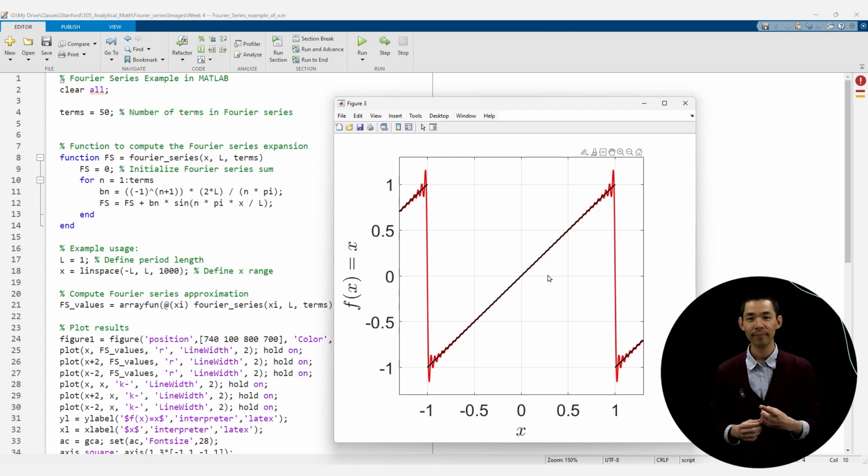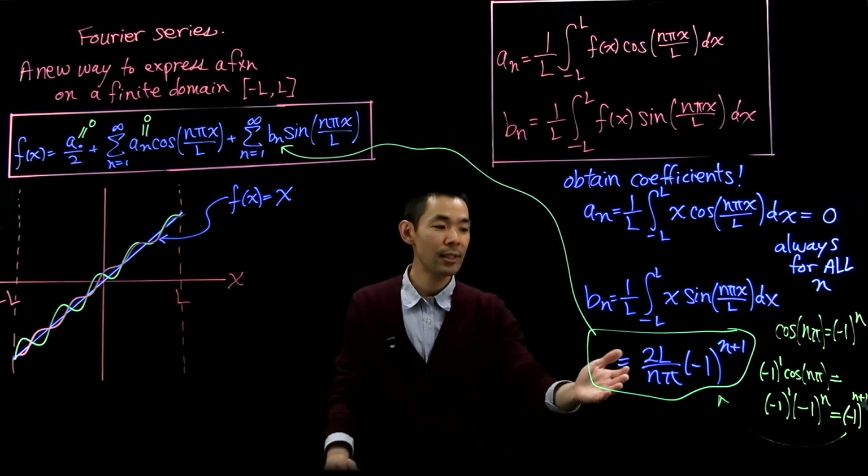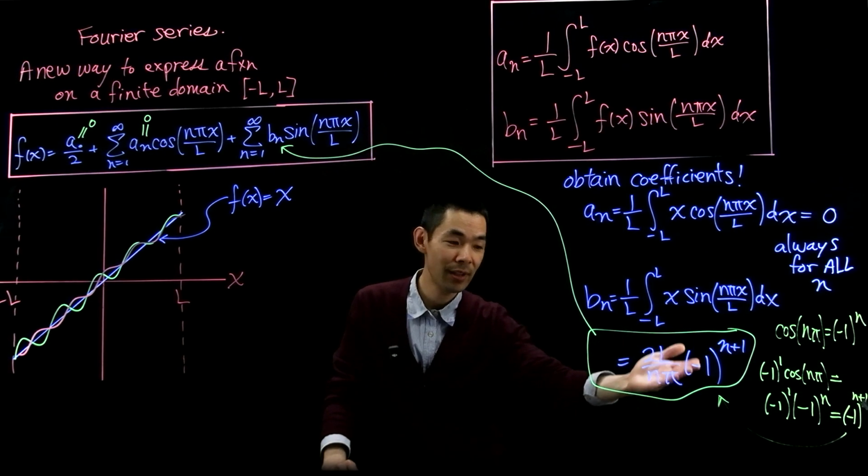First, you notice that we had to take 50 terms. And in fact, it's still not perfect. You can see in this function that it still doesn't converge in certain regions as well as you might expect it to. And the reason why the convergence with even 50 terms is so slow is because this coefficient up here